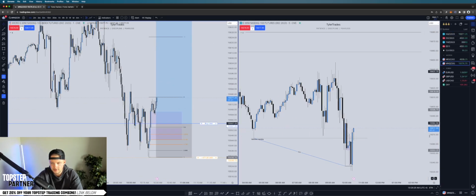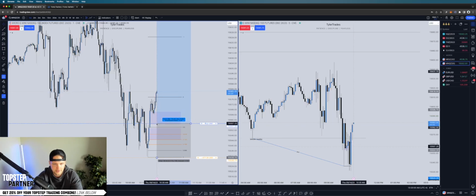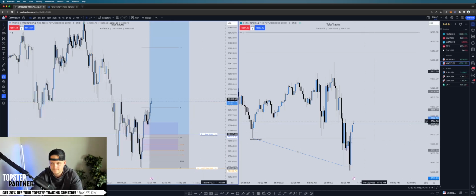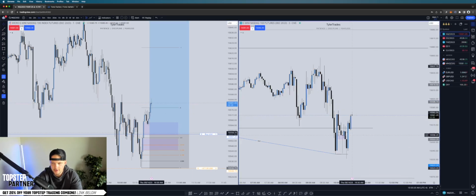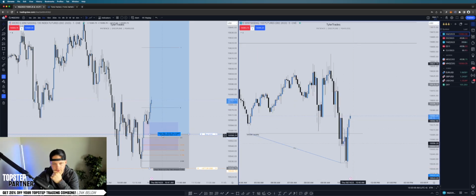There's 30 seconds left on this 5 minute. Just eyeballing to see what this would have looked like. 35 handles. It's tough, guys. Tough. You try to be as precise as possible, but now we'll just have to maybe adjust. Still have this 3 minute gap down here though, so I haven't lost all hope yet. But yeah, at this point, we're keeping this entry until this 5 minute candle leaves this fair value gap. If it does, we'll move our entry to here, and we'll move our stop loss to right below this low, the fair value gap candle.